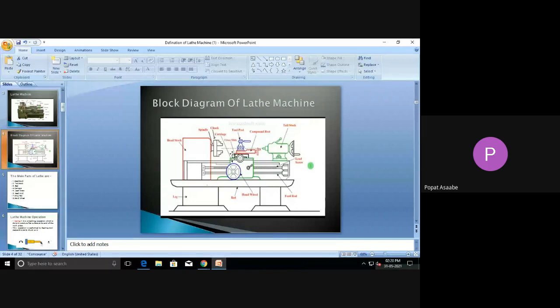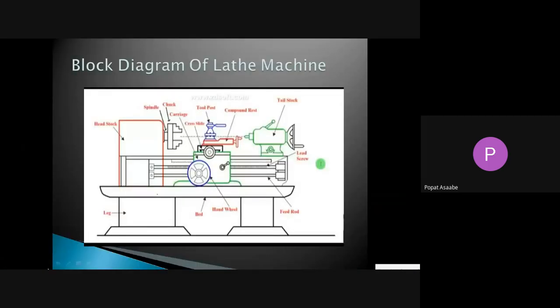See here in this diagram, please tell me what is the function of this cross slide. I have already explained that the function of the cross slide is to move the carriage upward and downward. Okay, please don't consider this, because in this diagram it is correct, but in actual practice you have to remember that the function of the cross slide is to give the depth of cut.